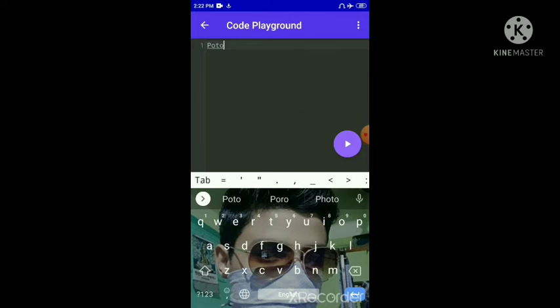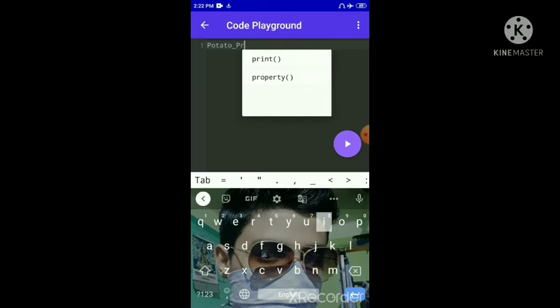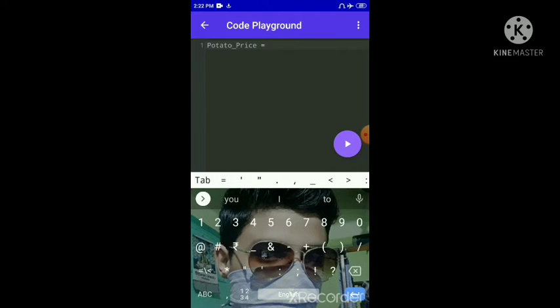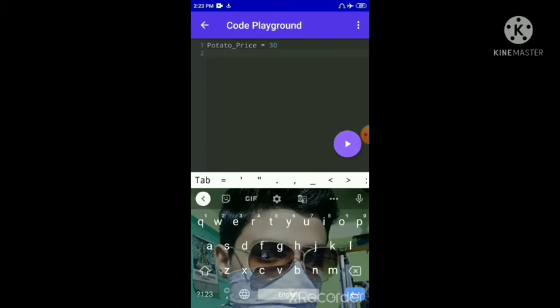Suppose I am taking a variable potato price equal to 30 rupees, and onion price equal to 20, or 40, you can take. Then you can give a command if